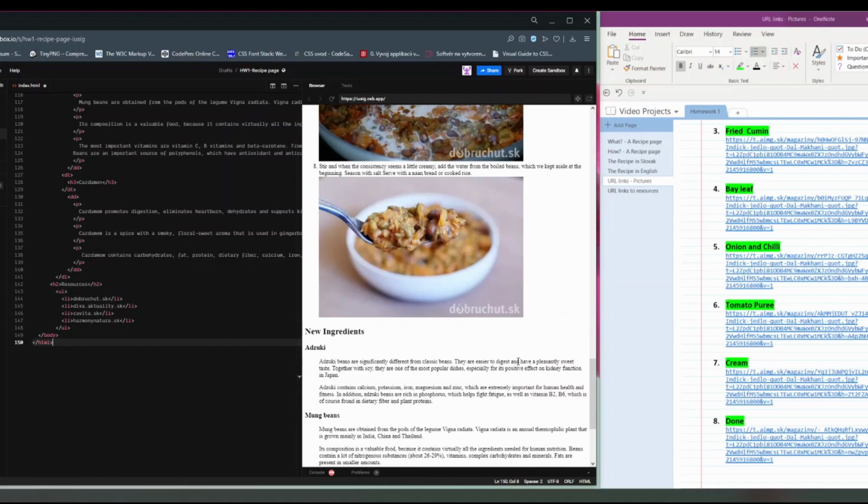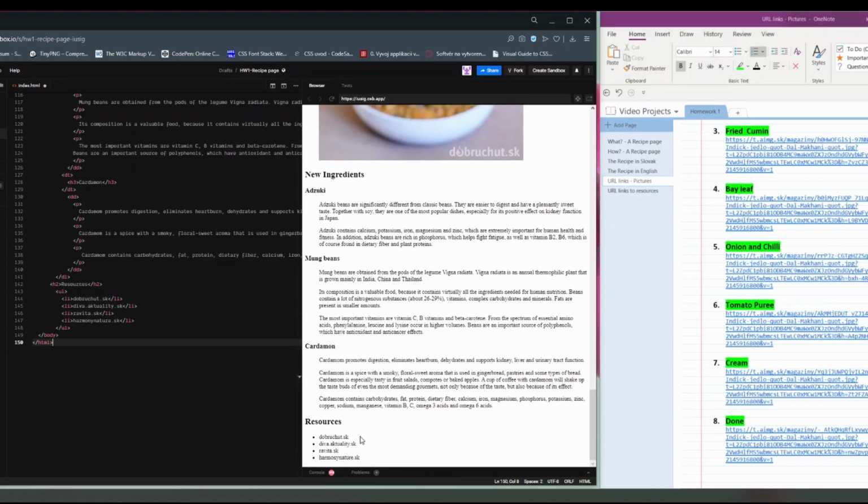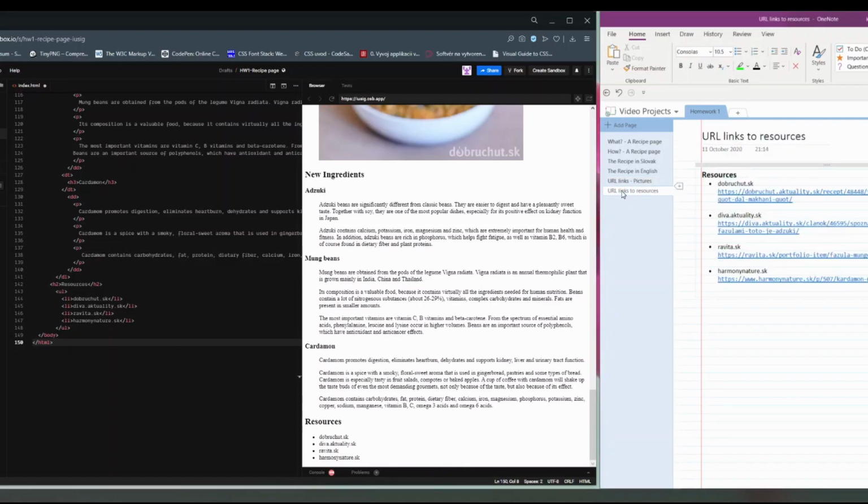As you can see on the screen, I will be focusing mainly on the resources part of the web page, where we have 4 bullet points from the unordered list, and this will be referenced with new URL links that I've listed on the right side in my new help note section in OneNote, which is the best tool for